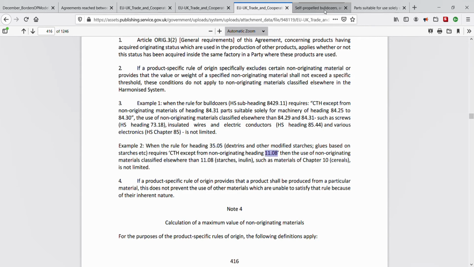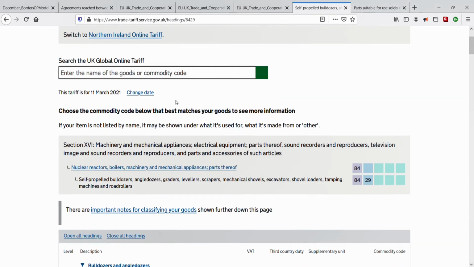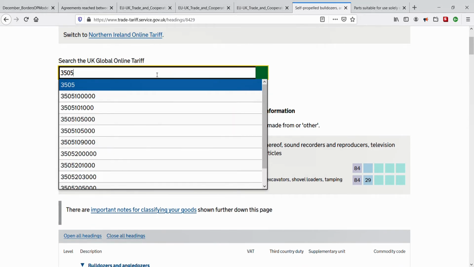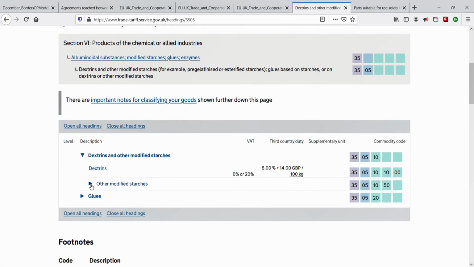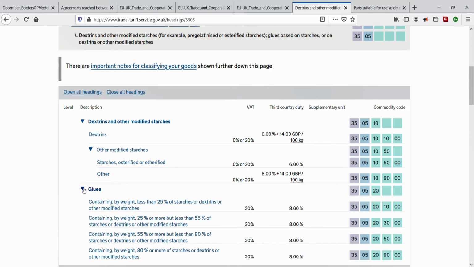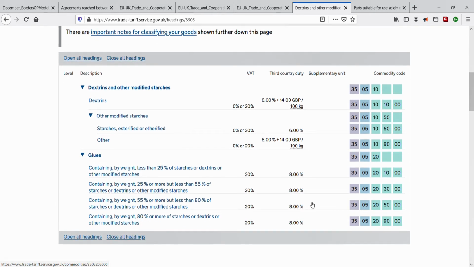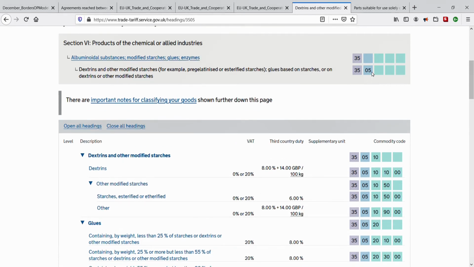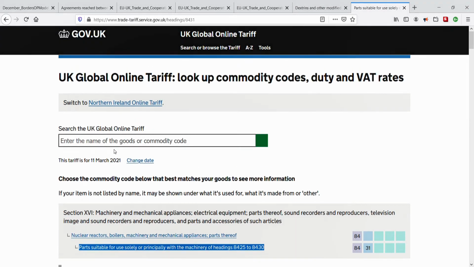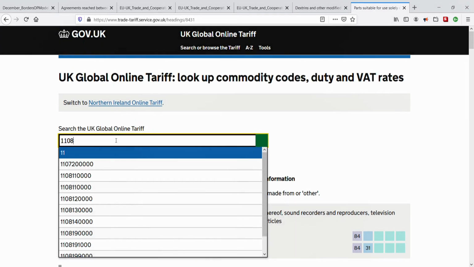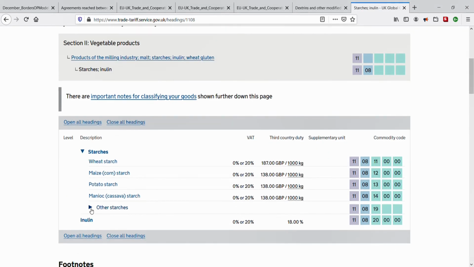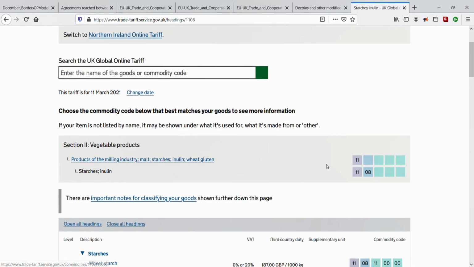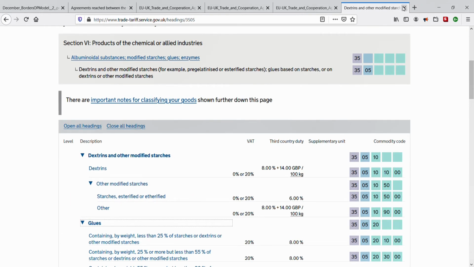So let's take a quick look at those pages in the Trade Tariff tool. Great. 3505. Let's expand these, just to see what they are. Very interesting. Non-originating components of 3505 can't be from here if we want to claim preferential duties. Also, over on the other tab, let's quickly look at 1108. Open these two, just to be nosy. And the same applies here too. And that's nice too. Okay, great. Closing out of here. And moving on to